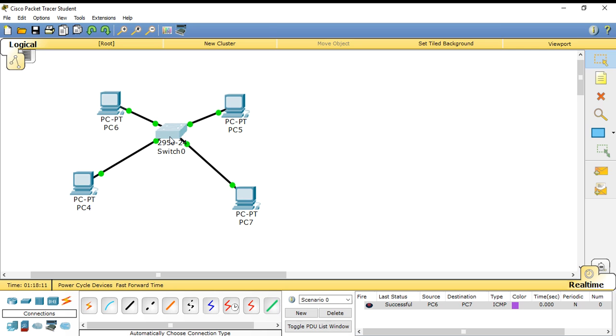The third advantage of using the switch is that whenever you are sending data with the help of a switch, it will not reduce the bandwidth available, right? So if you have 100 mbps available to you and 10 PCs are connected to it, the bandwidth will not be divided into 10 mbps for each. It will be comparatively higher than what you receive with the help of a hub.